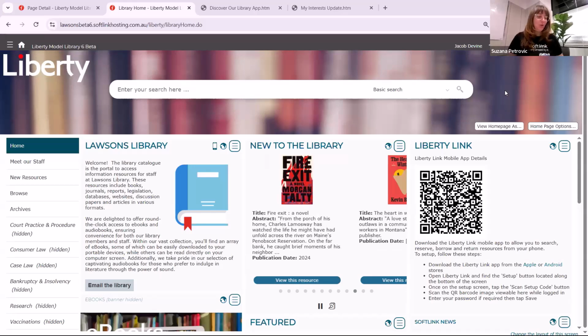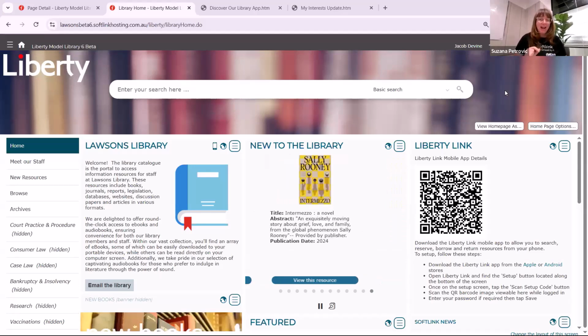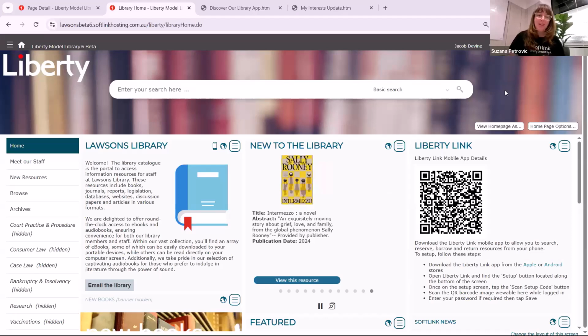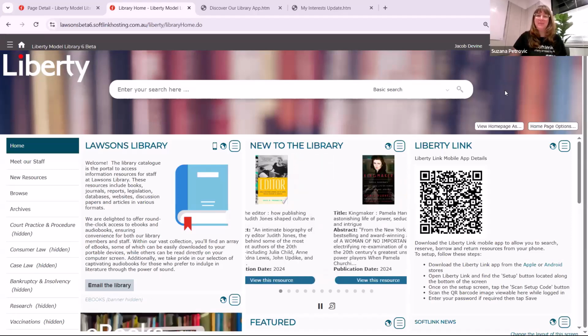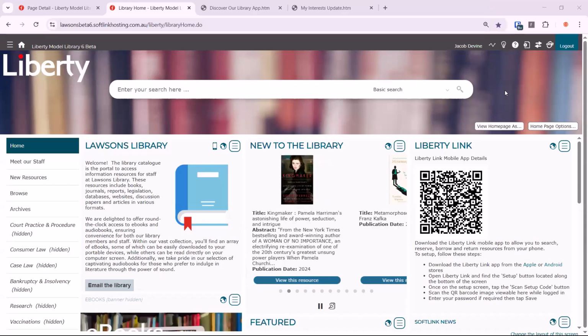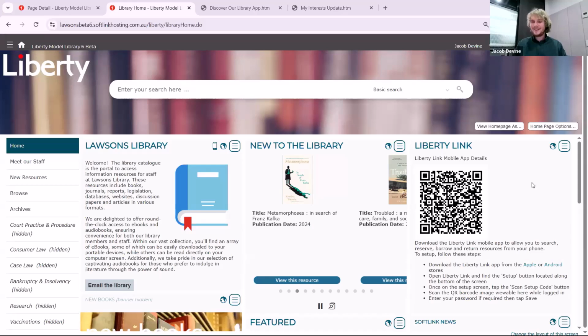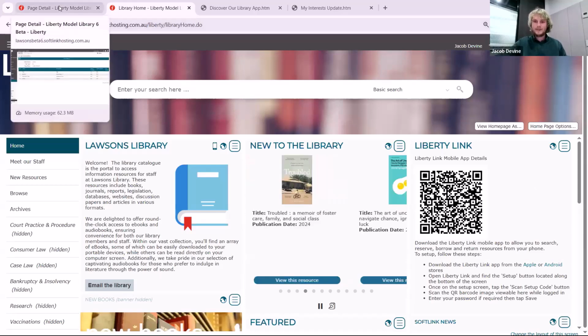Jacob, can you show us some of the new features and improvements that we have made to circulation and management modules, and then a really nice update to our email templates? Absolutely. All right. So the first one that we're going to take a look at for circulation